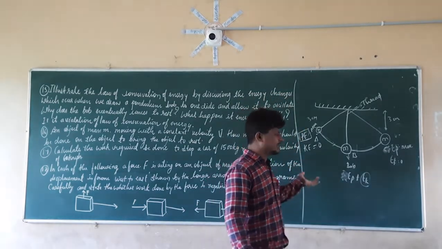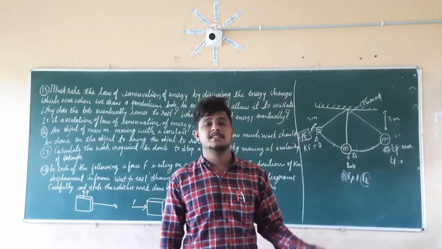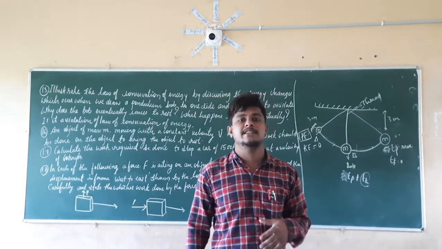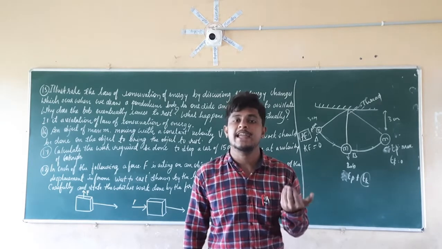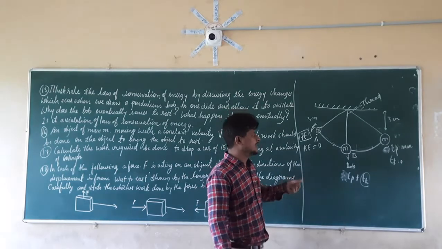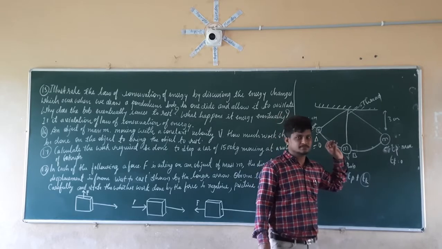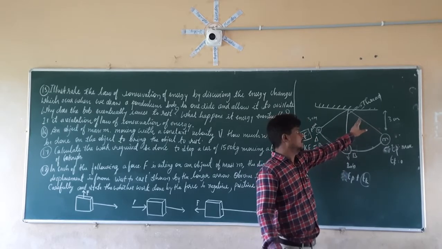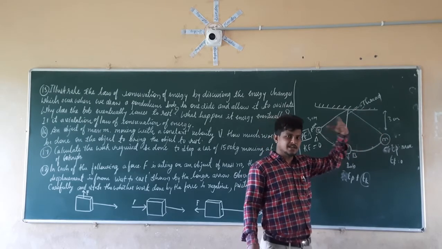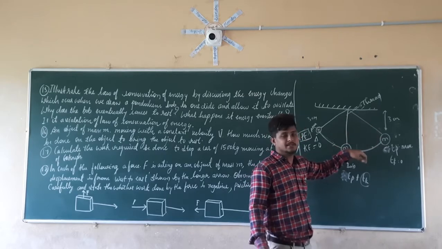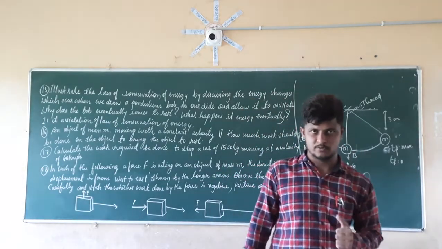So that thing which we have discussed here, that the energy which is lost to overcome the air resistance, that is nothing but what? It is known as the dissipation of energy. So that energy is going eventually to the air resistance as well as to whatever rope or thread we have attached to the rigid support. To overcome those things, the energy gained by the bob is getting converted into that thing, to overcome the air resistance as well as the rigid support.